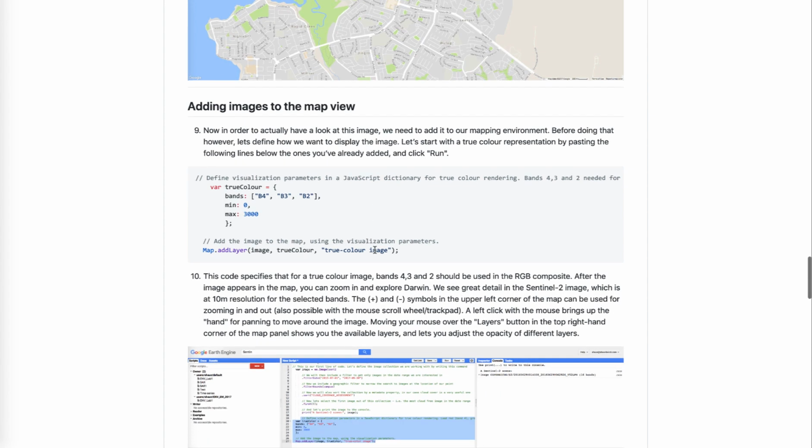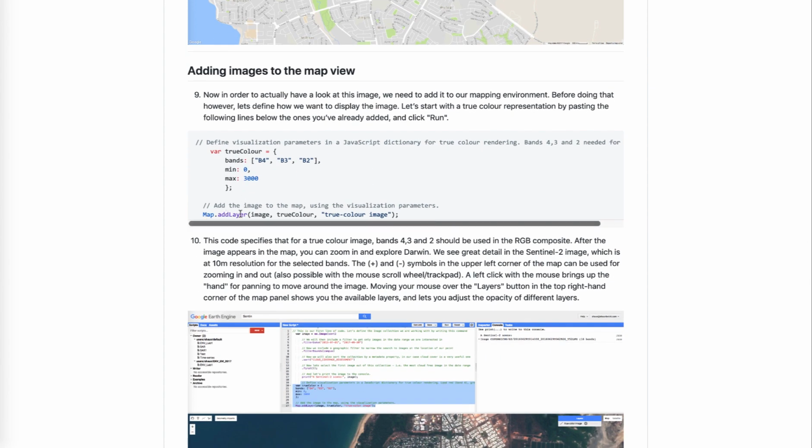If we want to map that, we will use the map add layer command like we've used before, but something a little different to last week. You'll remember in our previous labs, we've used map add layer, and we've defined the visualization parameters within this command. But what we're going to do now is first define the visualization parameters up front. We're going to define a variable called true color, and we're going to specify that for true color, we make use of bands 4, 3, and 2, that is red, green, and blue, with a min of 0 and a max of 3000 for